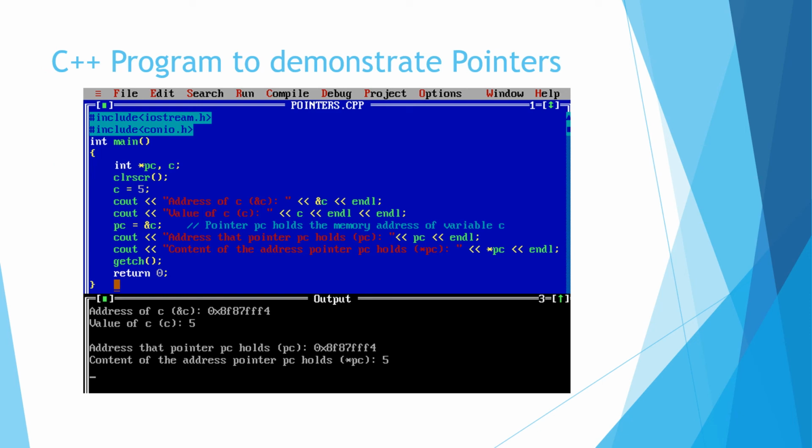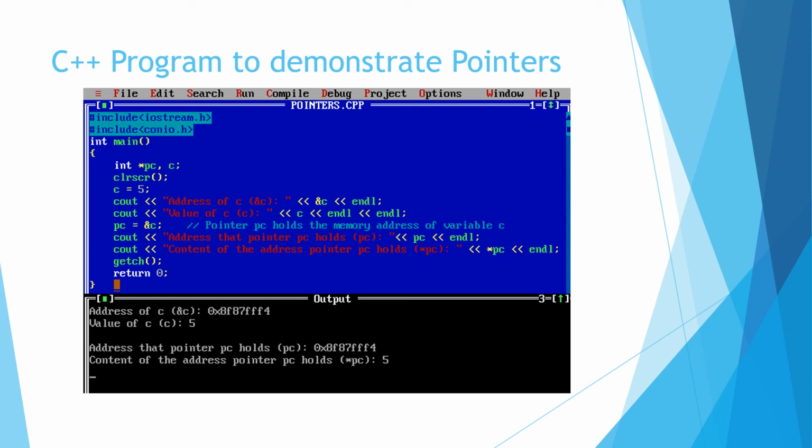Example of pointer, let's see. Here again, include iostream.h, include conio.h, and then we have the main logic wherein we have int star pc and c. Here pc is a pointer of type integer. Now the pointer will have the same data type as that of the variable whose address it is going to hold.